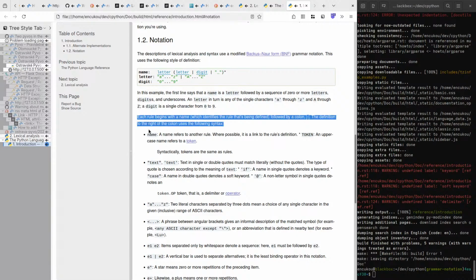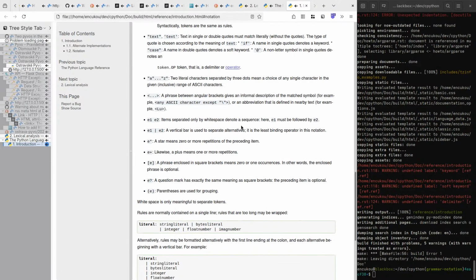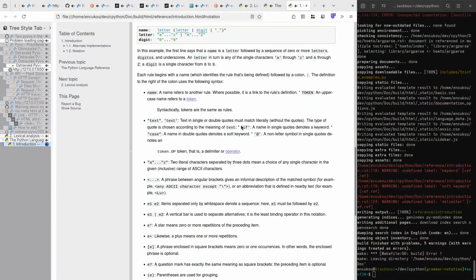Okay. Each rule begins with a name, which identifies the rule that's defined, followed by a colon. The definition to the right of the colon uses the following syntax.